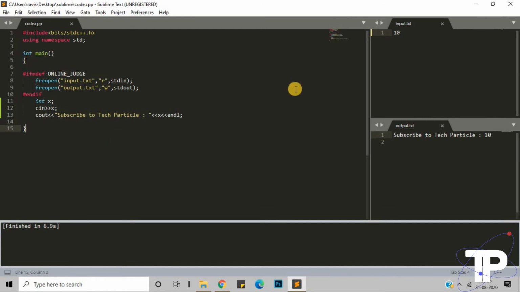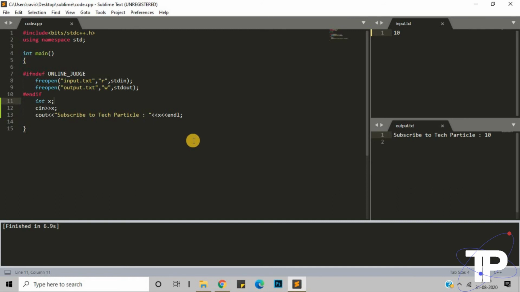You just need to do all these things. First, what have we done? We have installed MinGW, that means C++ compiler in our system. Then we have set up the environment variable. After that we have installed Sublime Text Editor, and then we changed the layout something like this. In the first portion there is our code, then the second is input.txt and that output.txt, and these four lines will connect this input.txt and output.txt with our code, right? And remember this, that input.txt and output.txt should be in the same directory with our code file.